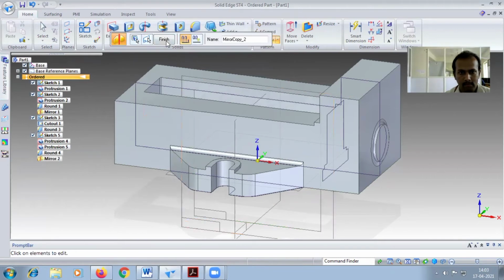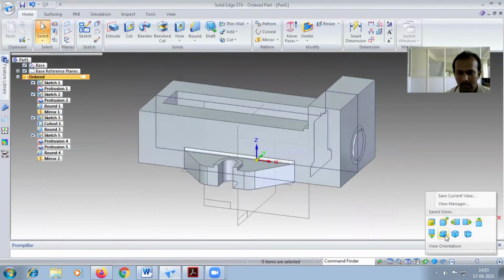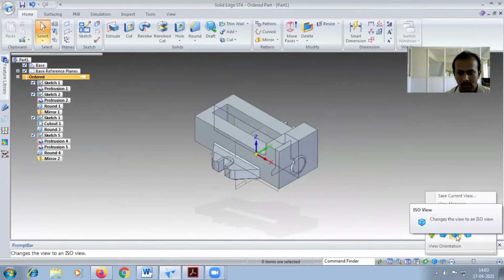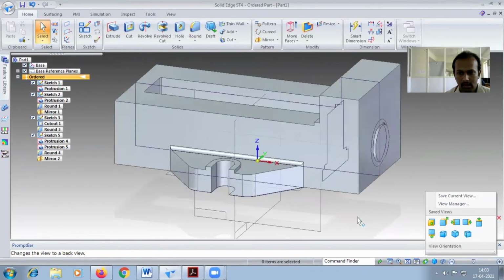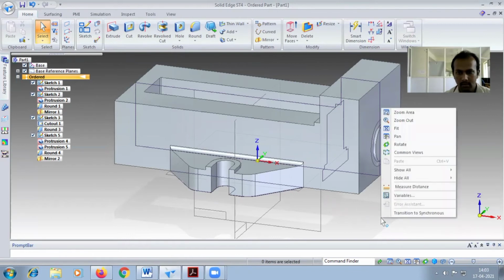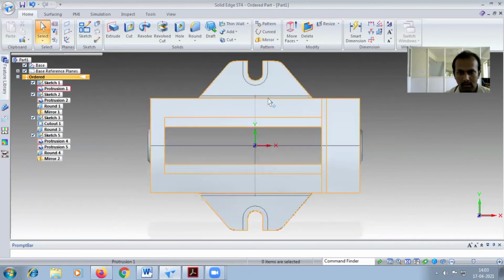So if you go for the top view, the mirroring part will be visible. So I will show all the faces. See, right profile plane, left profile plane. Okay, in all the faces or all the views it is visible. So control T, top view, the portion is completed for the opposite side also.